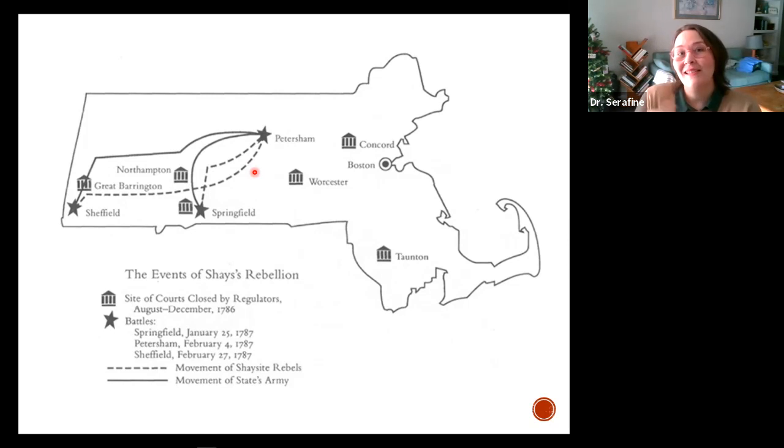So what they do is they sell those bonds for pennies on the dollar to people that can afford to roll the dice. They sell those bonds, to simplify here, to wealthy people in Boston. Now there's wealthy people elsewhere as well that they're selling them to. So they sell them to wealthy Massachusetts merchants and bankers who buy them for pennies on the dollar. Now, farmers in part need to get that influx of cash because they're dealing with deflation.